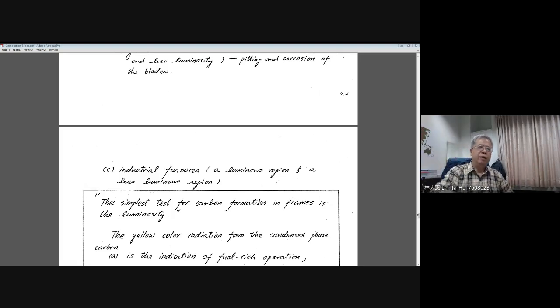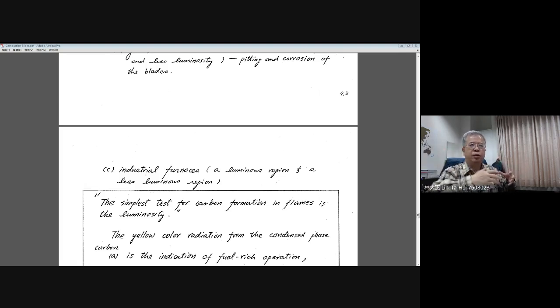Then you can see for the industrial furnace, usually you have a large flame and you have a so-called luminous region in the primary zone. Then when you go further downstream, the luminosity will become weaker, and this is the so-called less luminous region. Now, if you understand there are two regions, one is the luminous, the other one is the less luminous,